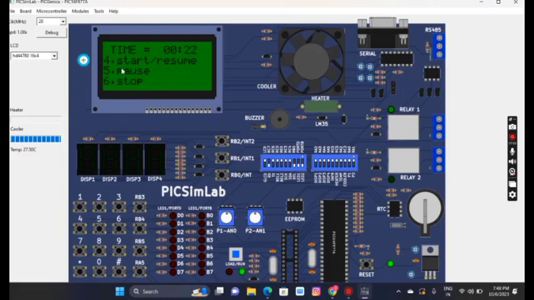Here there are 3 options. 5 is for pause, 4 is to start, and 6 is to stop. If I want this oven to pause, means to pause this timer, I want to click number 5. When I click this 5, the oven stops, timer also stops, and fan also stops. If I click number 4, it again starts, and if I click number 6, it comes back into this